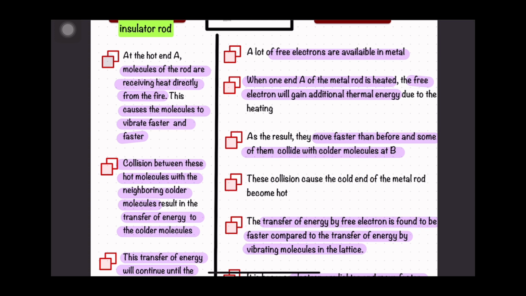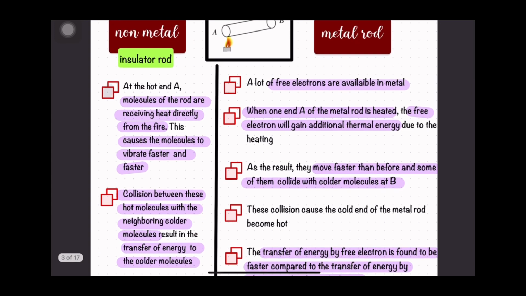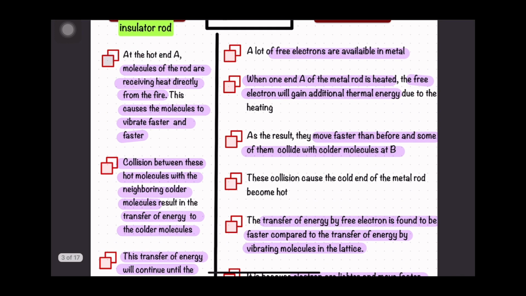Okay, so maksudnya kalau kita tengok sebabkan case dia tu terlalu laju, kan dia kata as a result they move faster than before and some of them collide with the colder molecules at B. So ada yang gerak sendiri, ada yang elektron tu bergerak sambil berlanggar molekul pun ada. Tapi disebabkan untuk kes yang kita kata tentang ion ni, metal ni, dia merujuk kepada free electron yang bergerak lah